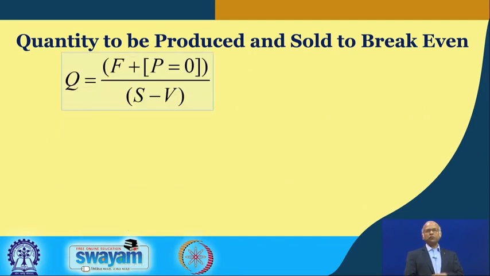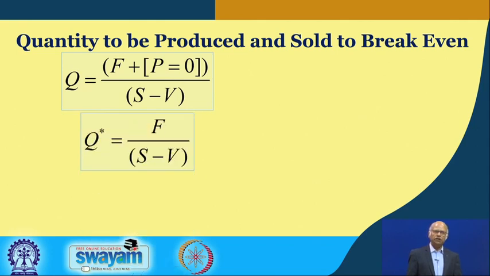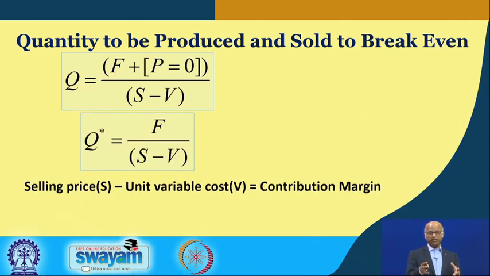Now, putting it again in the form of a formula, so far we have seen profit, but suppose you are thinking in terms of break even, and we have already defined that break even point is a point where profit is 0. So, in the previous formula you just put P is equal to 0 to get Q star. Q star is defined means the quantity that is to be produced and sold. Note this produced and sold construct, meaning whatever you produce you sell that. So, the quantity that you have to produce and sell,